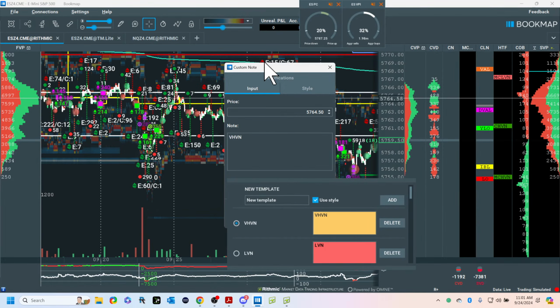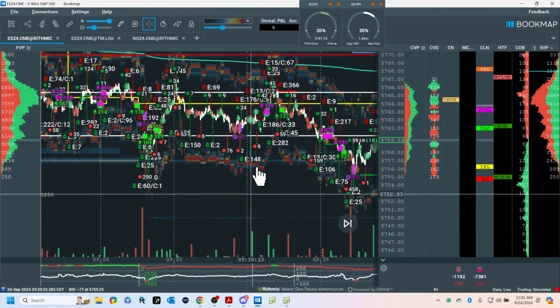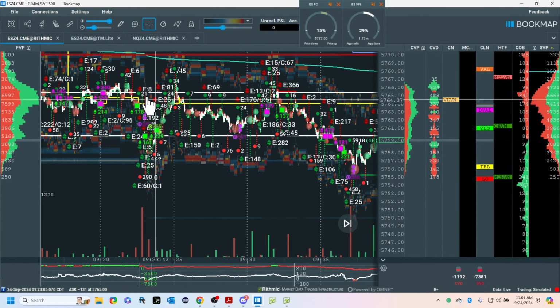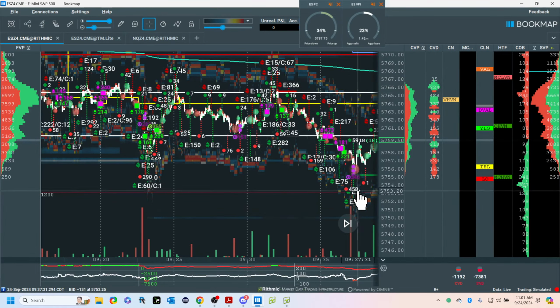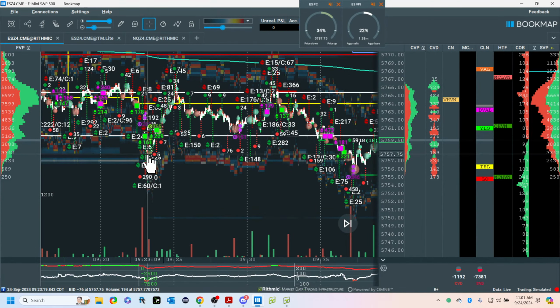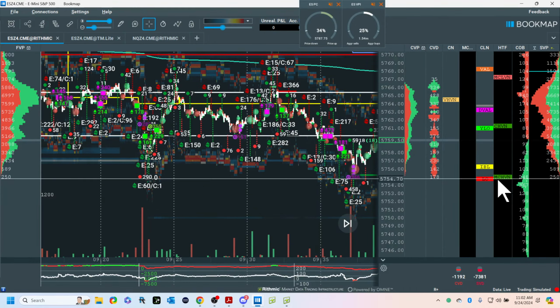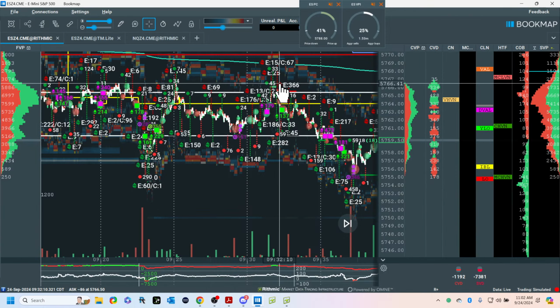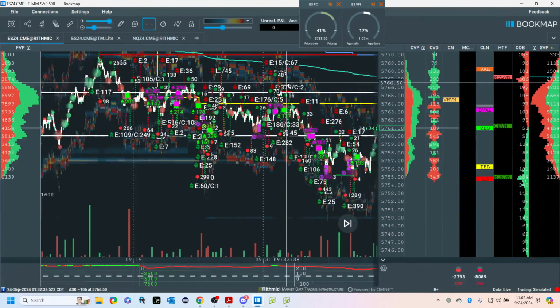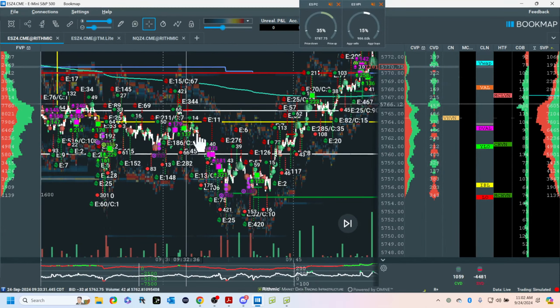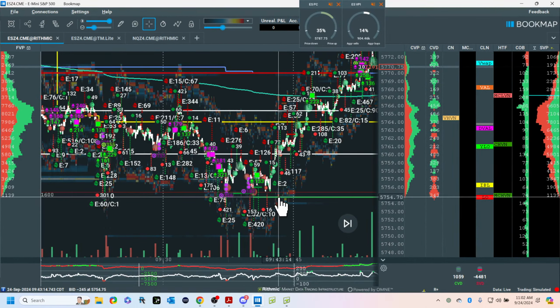This is called the variable high volume node. I might have missed putting a few more of them in here on the way down, but I'll check that when we come back up. And then I'm going for this. So what I did was, this is my resistance. So the long to here is fine. The long to here is fine. And I got to squeeze because I'm just looking to do this and then get short again. Because I have a statistic, because at 9 a.m., if I took out the first half hour's high, there's about a 70%-ish probability I'm going to take out this, and that's my target. So anyway, the long was to there, put the short on, to here, covered.